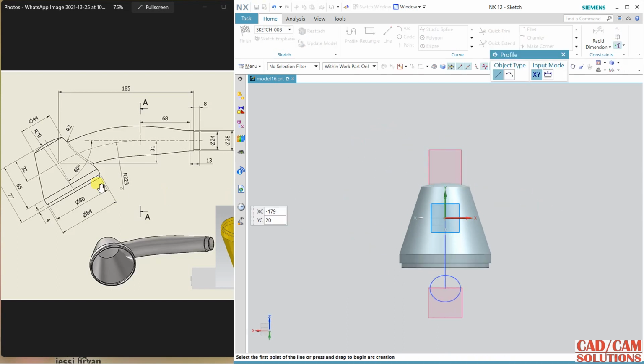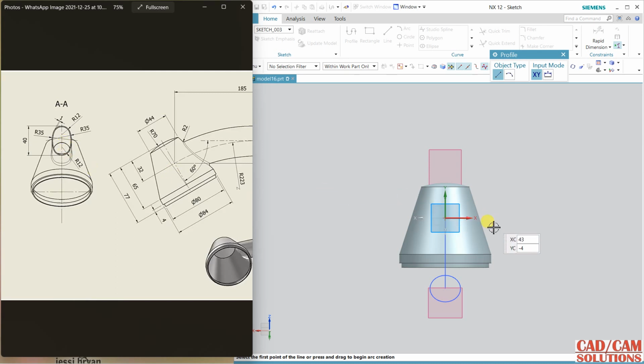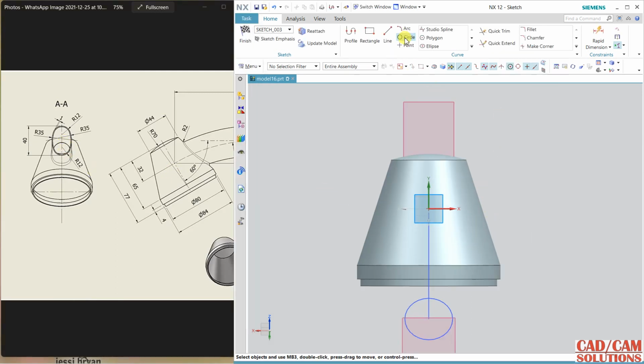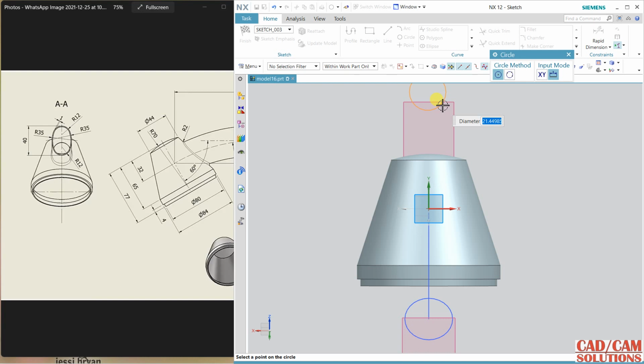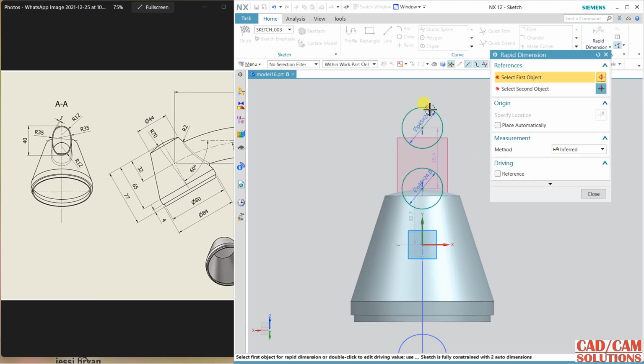Okay, and my section is here, AA, which is the same section I'm getting here. So first I'm selecting this. So start from circle, my circle is 12 is the radius, 24 will be the diameter, and the same one more diameter, and align vertically and align this center to the vertical axis. Okay, and for distance I'm selecting this upper point and the lower point of this, and this gap is 40,